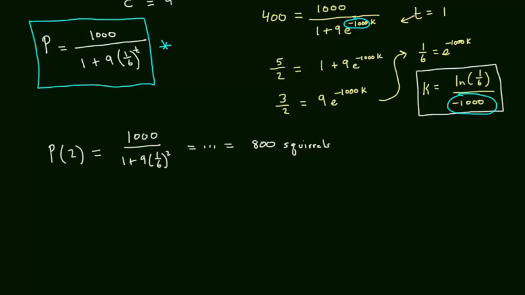Isn't that awesome? I'm going to provide a quick sketch of this. Put it all together. This is the t-axis. This is the p-axis. We started 2 years ago. That's t equals 0, but 2 years ago we started with 100. So that was, let's say here, 100. And then it can't exceed 1,000. So that's here, 1,000. And then we have our S-curve. It goes like this, and then like this. And of course, the squirrel population is growing the fastest when